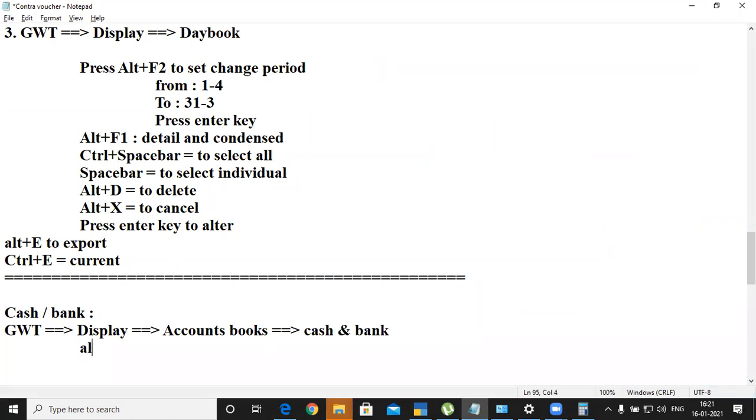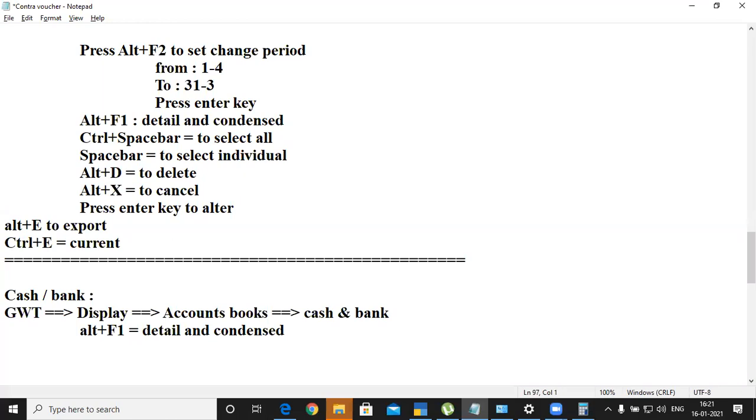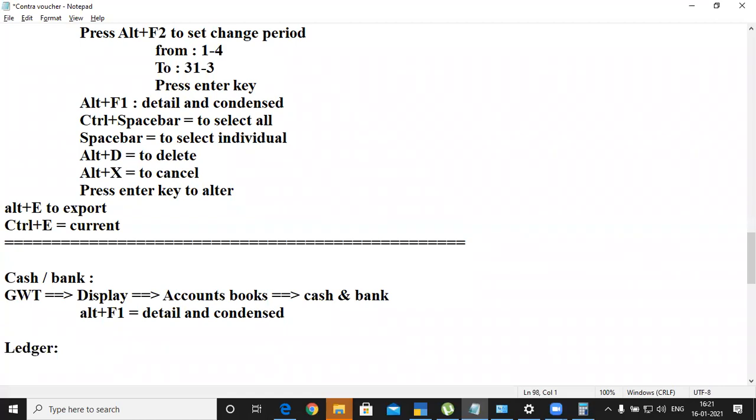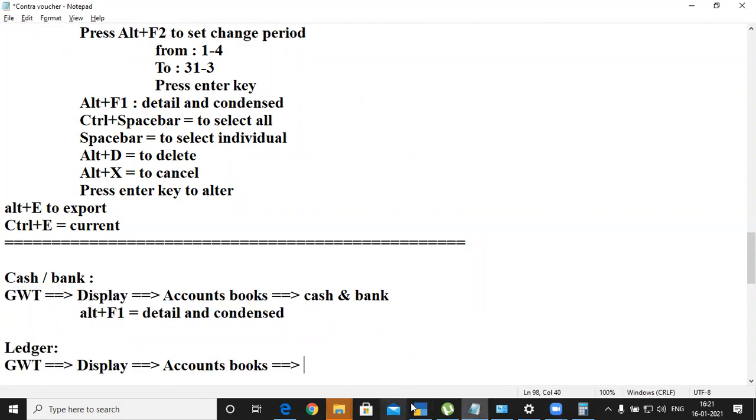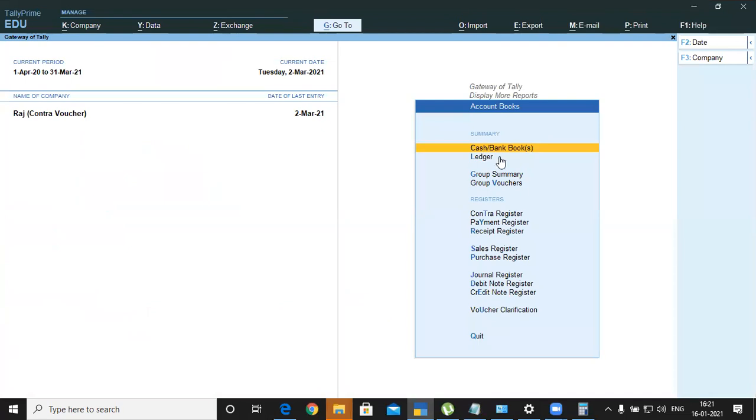And again use Alt plus F1 to get detail and condensed. Okay, then ledger balance. How do you check ledger balance? So same thing, start doing this, then account books, then ledger.